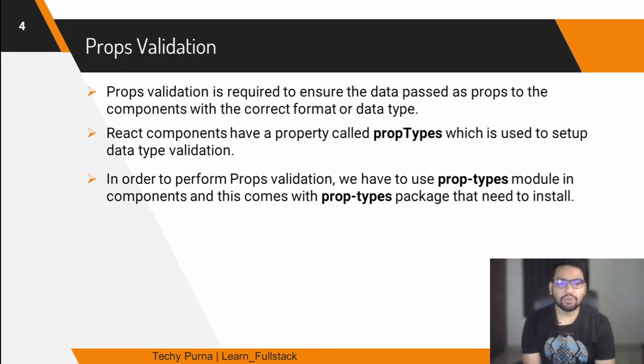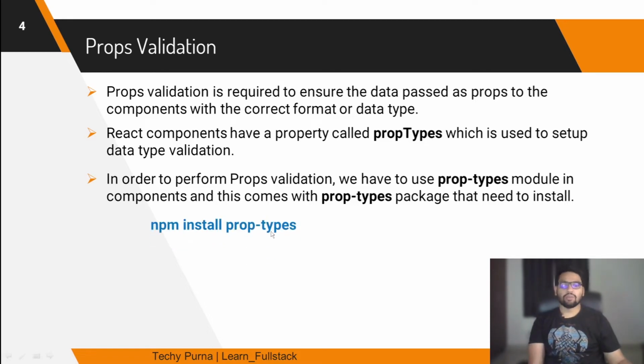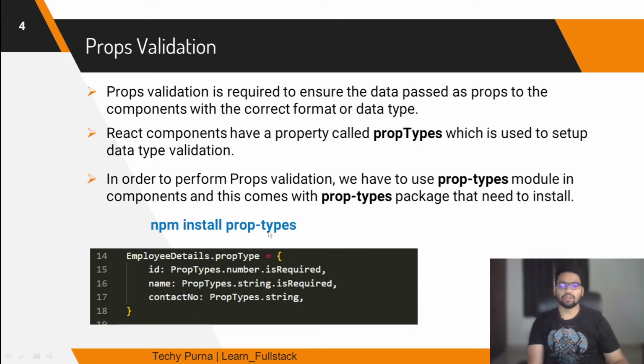So basically we need to install a package called PropTypes in our React project. Then we can use the PropTypes module in your component, and through this we can define the property types. Here is the way we can install it, and this is one example of using